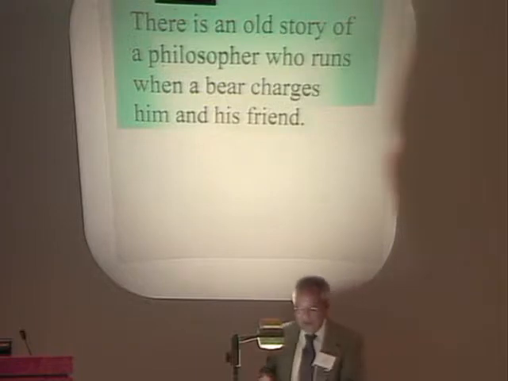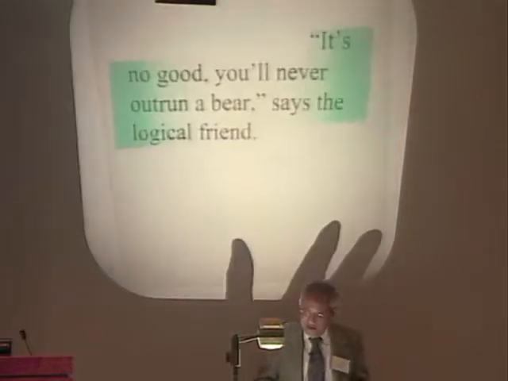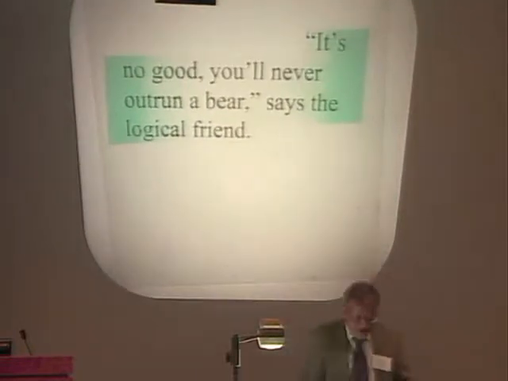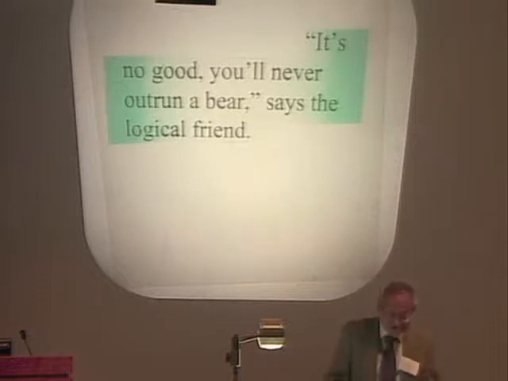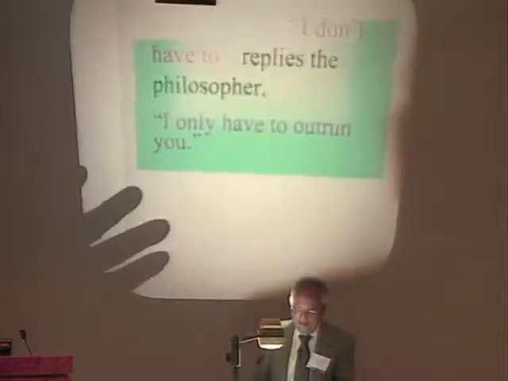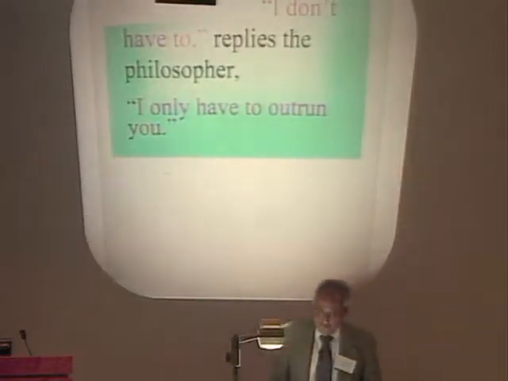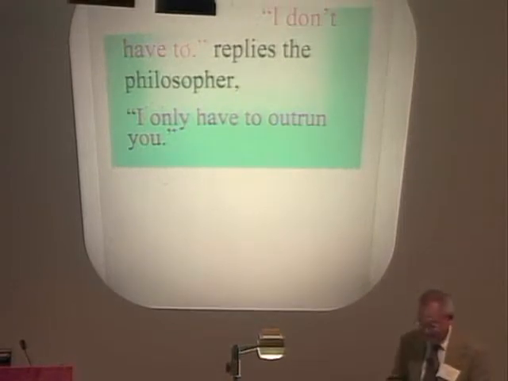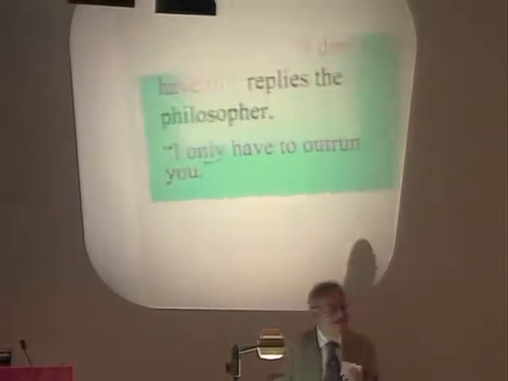And so when the bear started to charge, the philosopher started to run. But the mathematician said, it's no good. You will never outrun a bear. He was telling the philosopher, why do you run? He was being very, very logical, very exact. But the philosopher said, I don't have to. I only have to outrun you. Well, that's intelligence. That's being creative, okay? And if you have Memristors, someday you are going to be as creative as a philosopher. End of my talk.